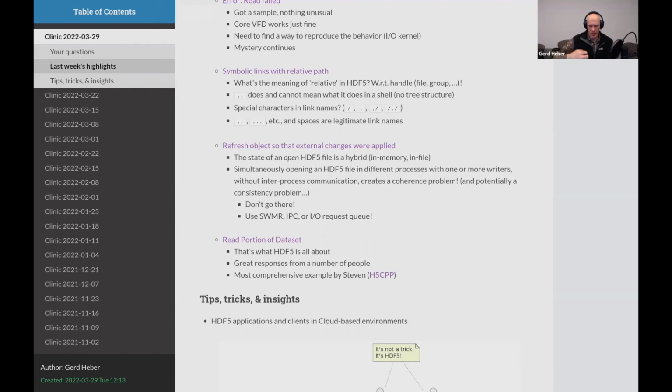it will look at the current handle, which might be a group handle, the group in which that symbolic link with that destination exists, and then it will try, do I have a link name ... and then it will fail there already, but unless there is a link with the name ... and then it will append that next link name and try to resolve or traverse it, and yeah, it will typically fail. Yeah, it is unfortunately a misconception,